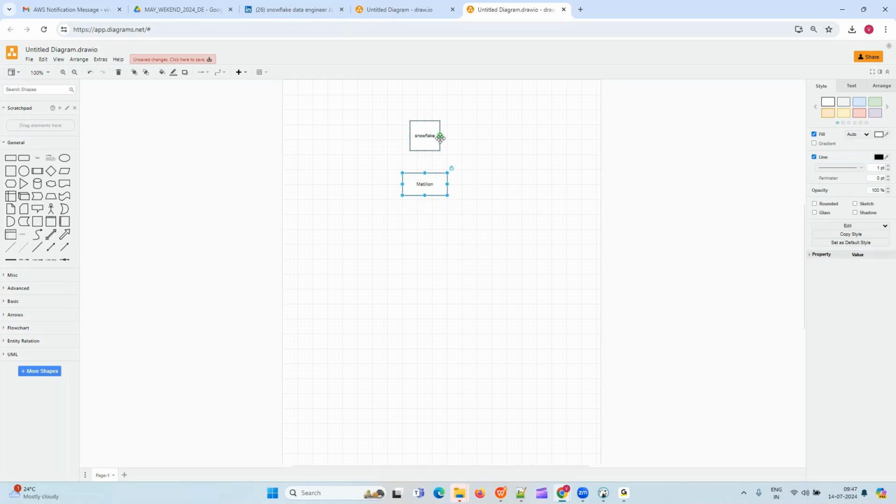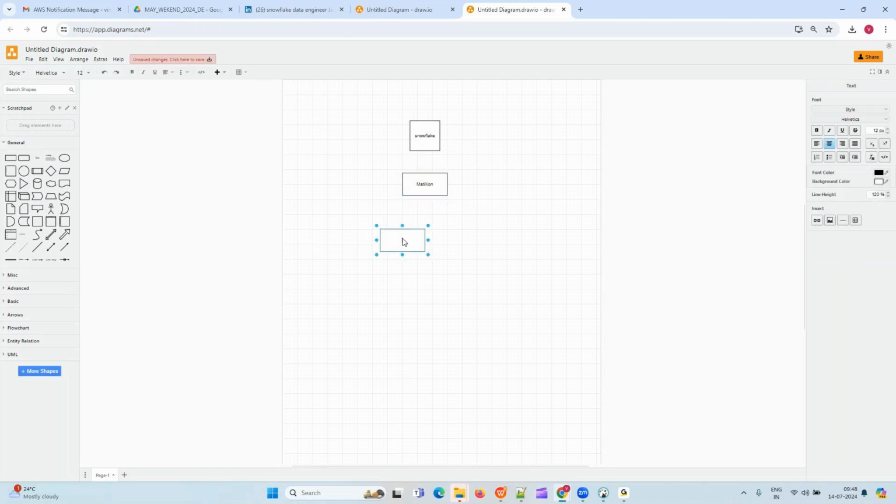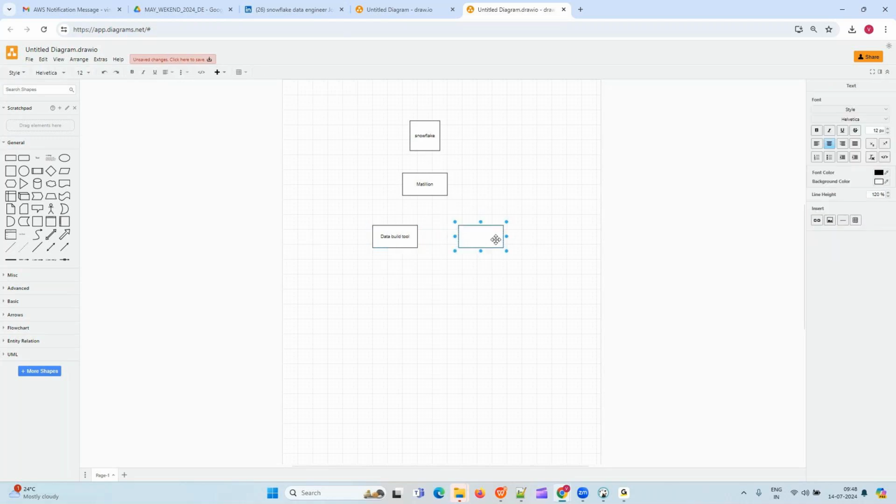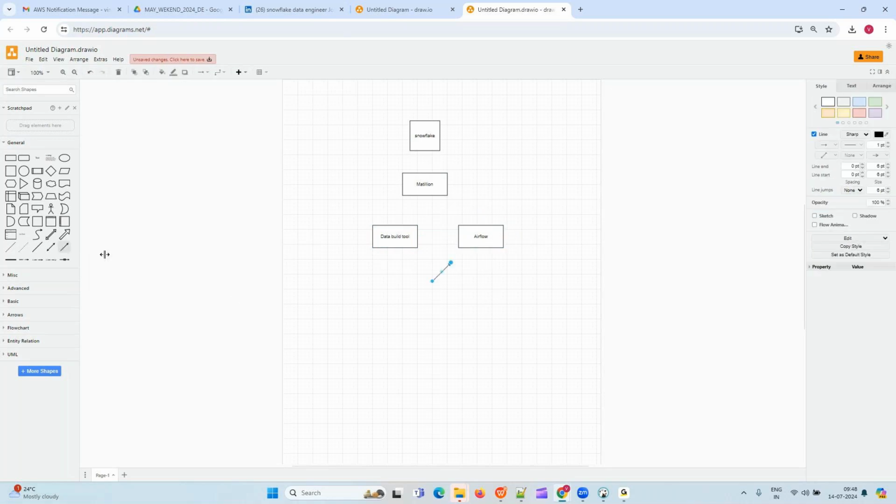So first we are going to learn Snowflake, then Matillion, and then DBT. This is one of the new tools, data build tool, guys. It is a new tool that came into the market, and now with Snowflake it is becoming really popular. We are also going to see how to use a scheduling tool like Airflow. So this is how our learning path will be.